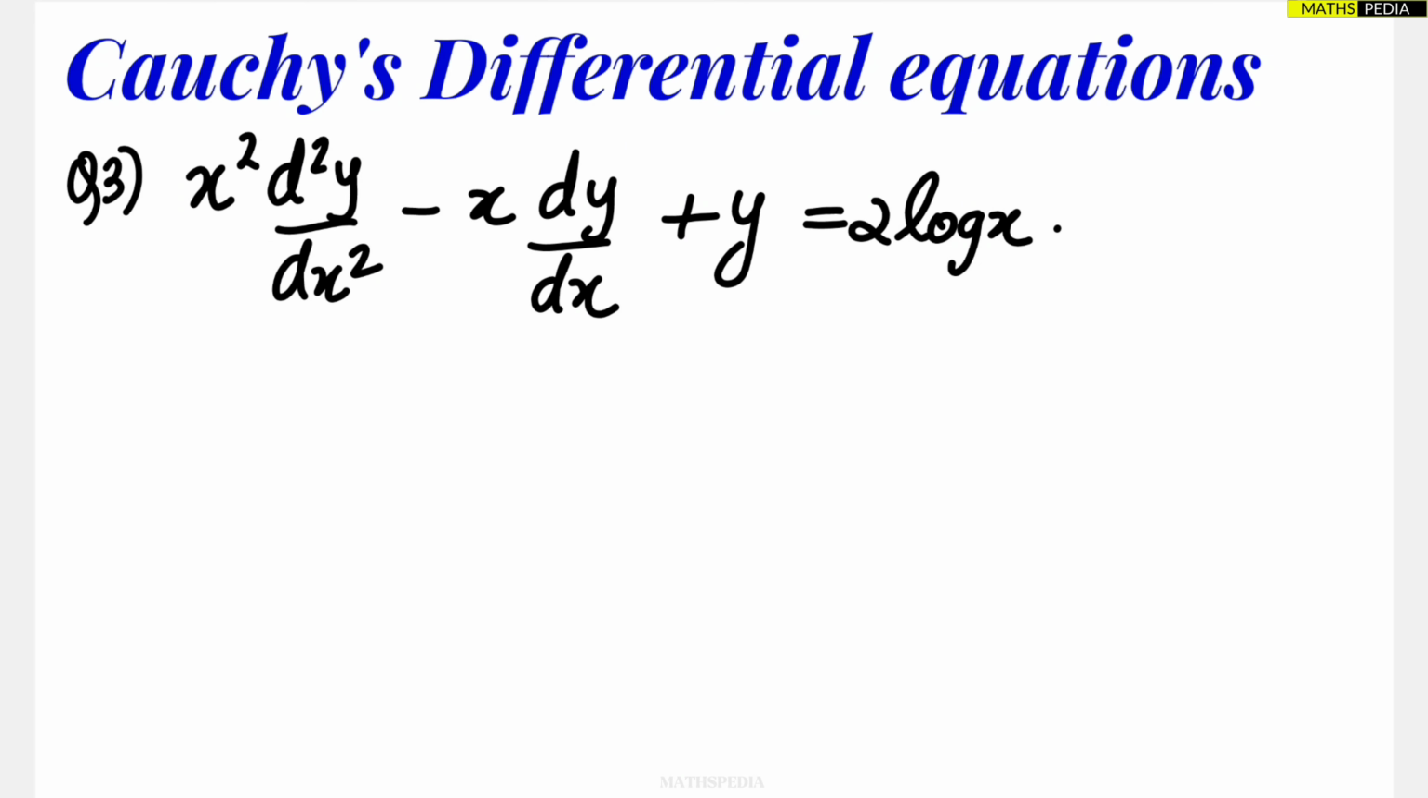So Cauchy's differential equation, we are going to do the third problem. Here we have to assume that e power z is equal to x, or we can say, take log on both sides, it will be log x is equal to z. And one more assumption, which is nothing but after differentiating, d square